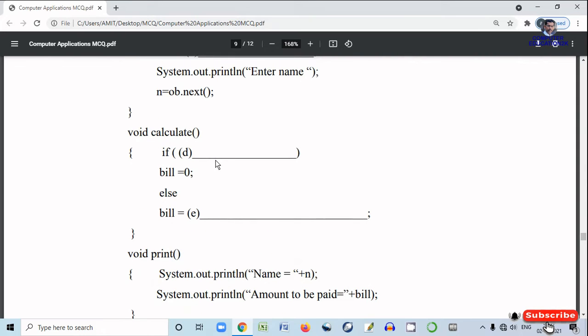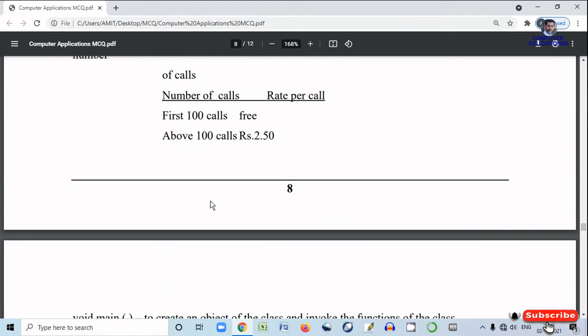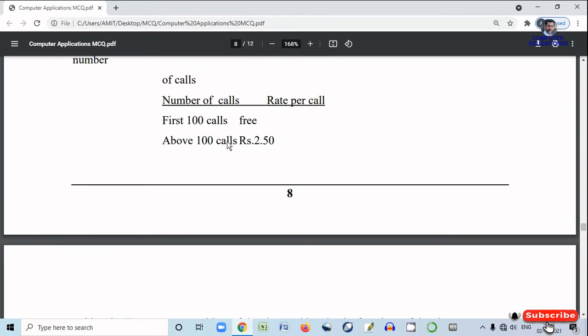Then D. Here you have to check whether the number of calls is less than or equal to 100 or not. Because as per the given conditions, you have to pay nothing if your calls are 100, meaning the first 100 calls are free.